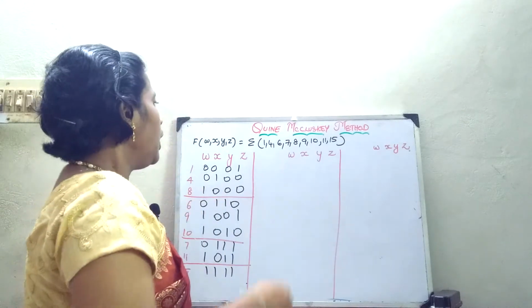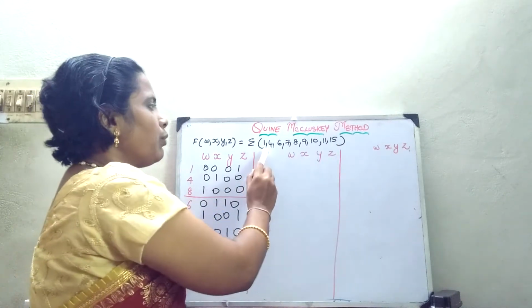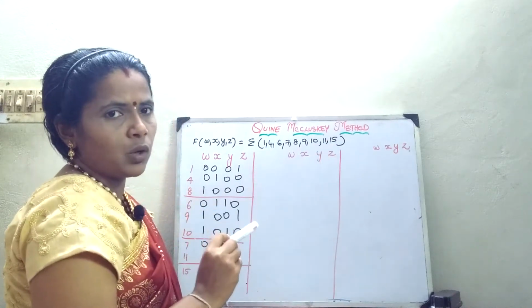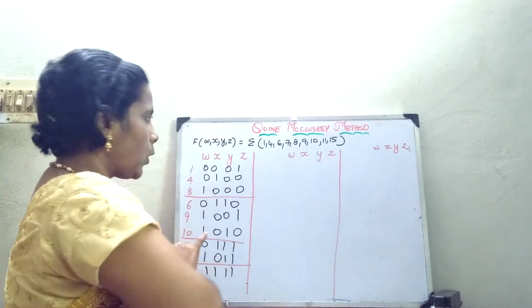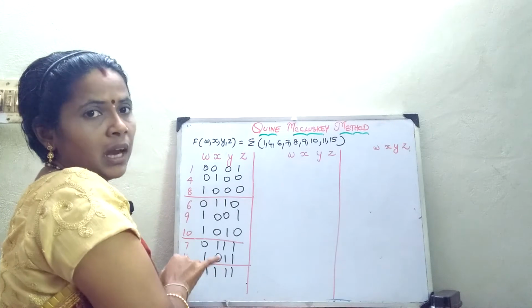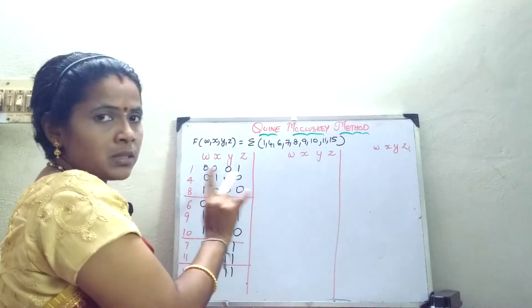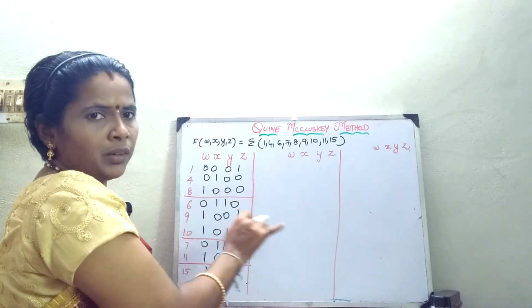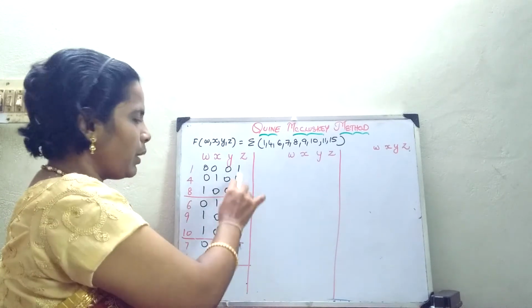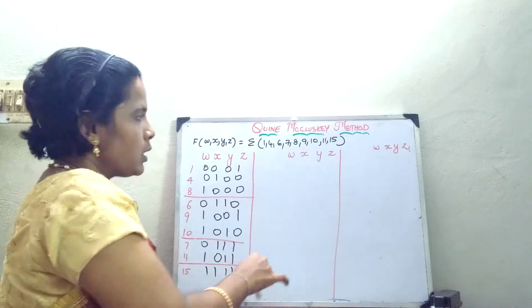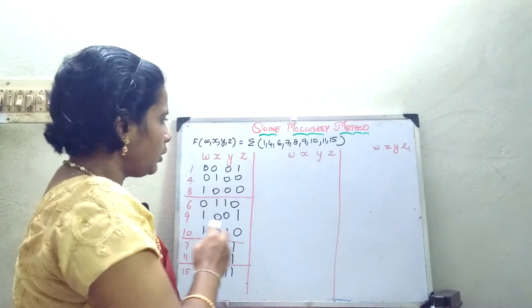So first of all, a 4 variable expression is given. The first step is to group the numbers. It is not necessary to write the numbers in order. I have grouped them into 4 columns depending upon the number of ones. Suppose 1, 4, 8: if you check, only one 1 is there. Then I group those with 2 ones, here also 2 ones, and here 3 ones and 4 ones. So depending upon the number of ones you have to group. Suppose my expression has 0, in that case you group 0 alone separately. Okay. Now what is the next step?